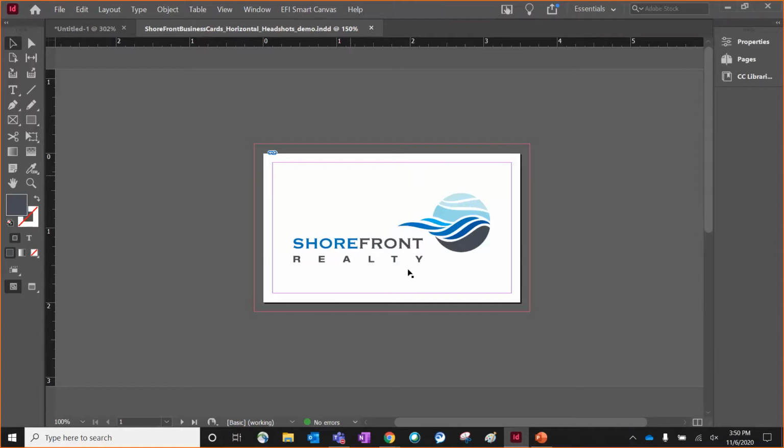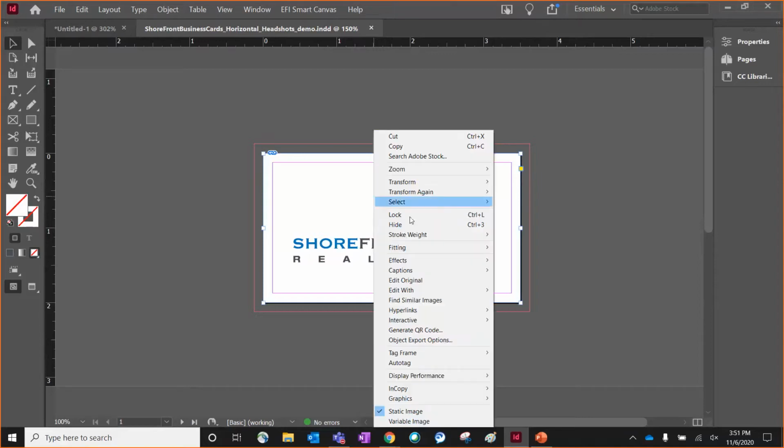So on page 1 here, I have my logo for StoreFront Realty. This is something I really don't need to continue designing within SmartCanvas. I think I can just keep it as a flat layer. So I'm going to first left-click on the image itself, and then I'm going to right-click to bring open my panel. And you'll notice at the very bottom, our plugin has added 2 options, one for static image, one for variable image. Because I want to keep this as a static layer, I'm going to keep the checkmark static and